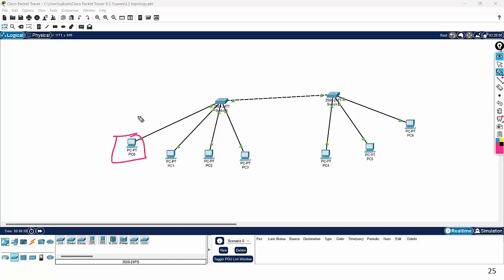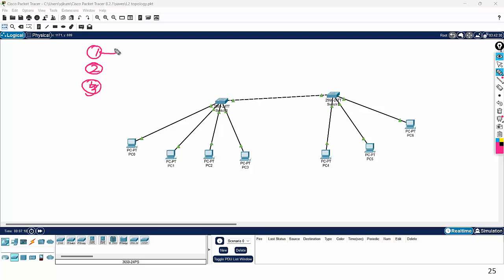You can manage it through another desktop or another laptop. So how can you manage? You need to access the console of the switch. Once you get the console, you can do whatever you want. So the question is: how can you access the console? There are three methods to access the console.